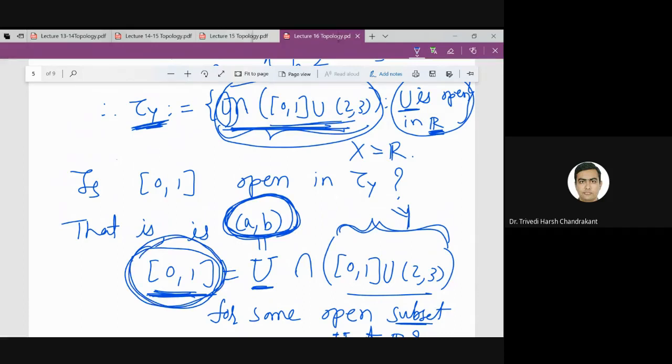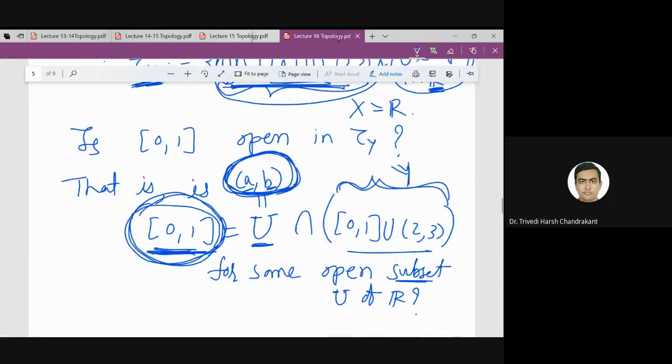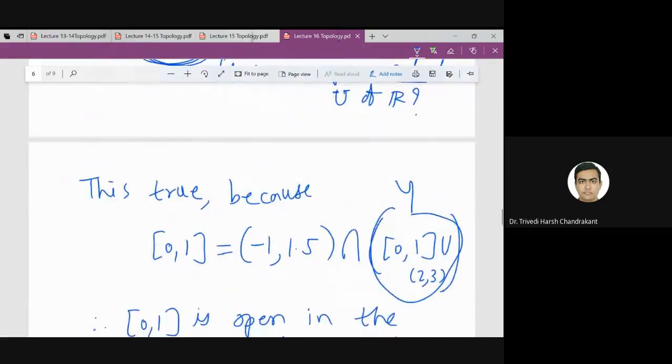So what are the possible values of A and B? What you suggested is correct, that we can take the interval -1 to 1.5. If I take this as U, then clearly U is open in R, and U intersection Y is this set. So therefore this is open